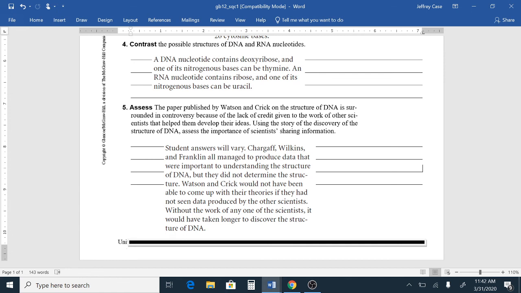So anyway, to answer this question, obviously you guys can come up with many different varieties of this. However, science builds on itself. And so when scientists don't utilize the credit of other scientists, whether it's before them or at the same time,